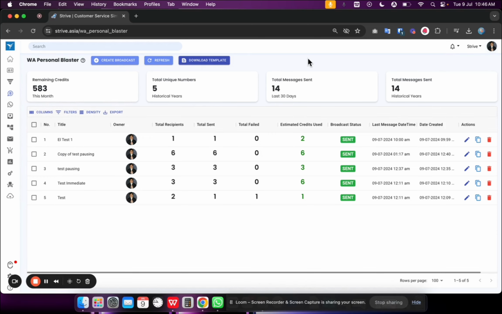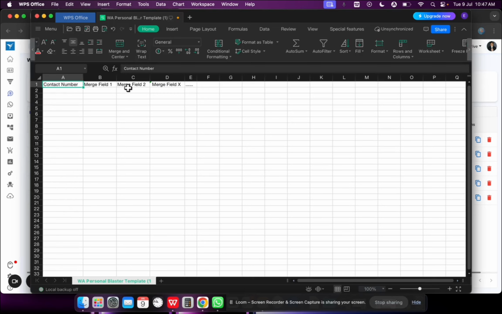First of all, you need to click on this download template button. Once the template has been downloaded, let's go ahead and open it. Here is how the WhatsApp Personal Blaster template would look. In the first column, we have the contact number. For this contact number header, do make sure it is in the first column and no changes have been made